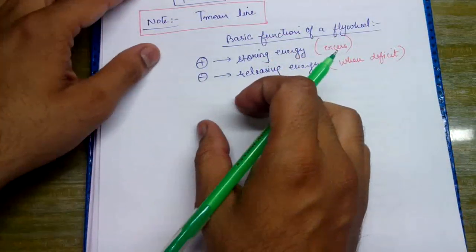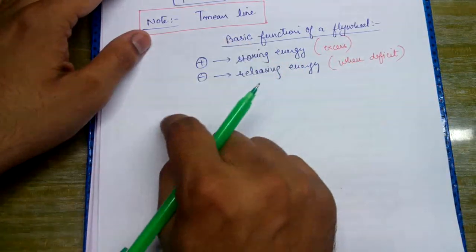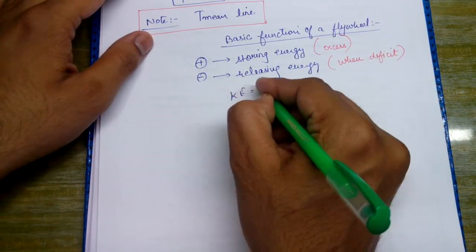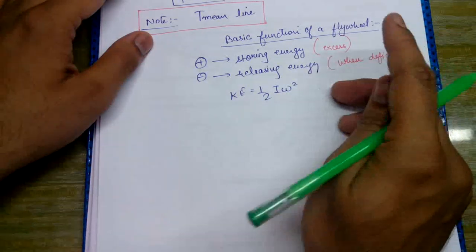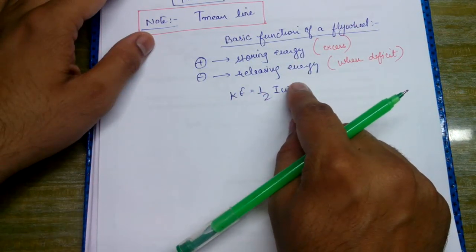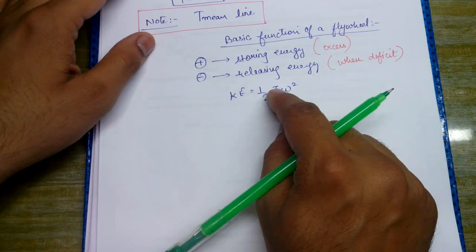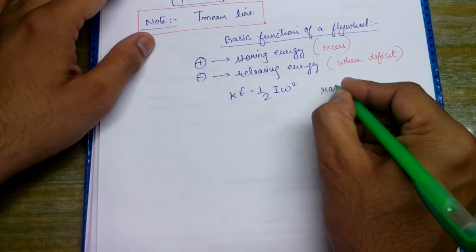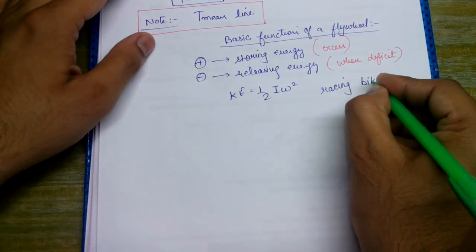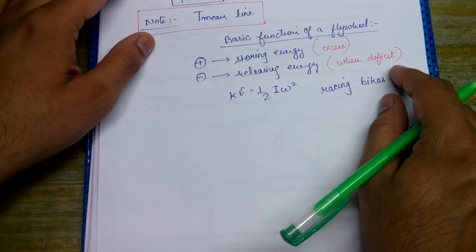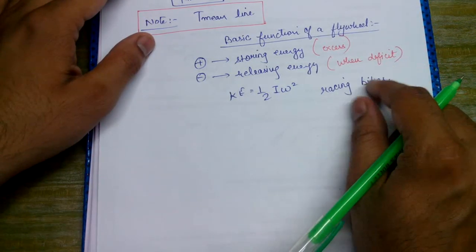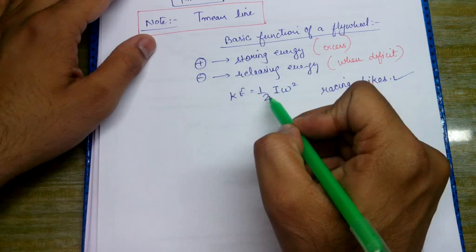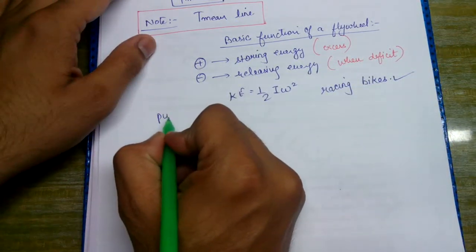So thus a system to work at very high speeds must have low inertia of the flywheel. Why? Because kinetic energy is equal to half I omega square. Okay, that means the I value should be less. For example, racing bikes, whereas in case of punching and press operations very low, रेसिंग बाइक्स में तो हमारा ओमेगा बहुत हाई हो जाता है, तो उसके करस्पॉन्डिंग हमारा आई की वैल्यू काफी कम होनी चाहिए. whereas if we talk about punching